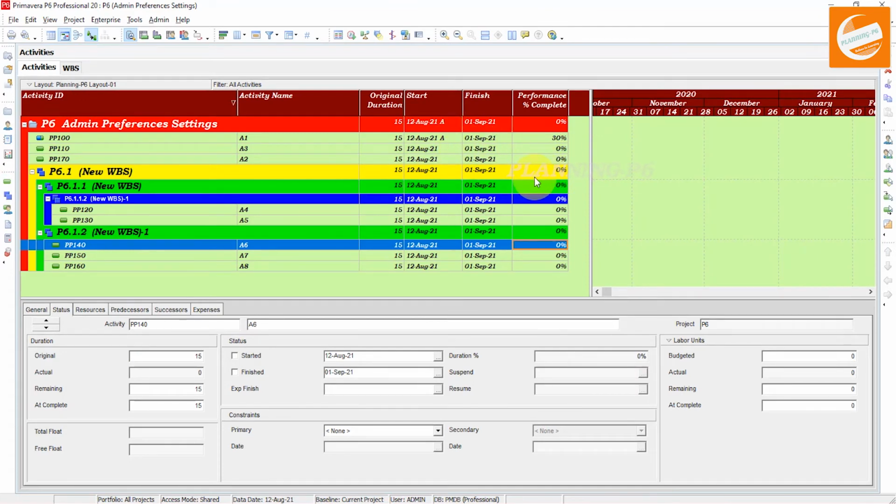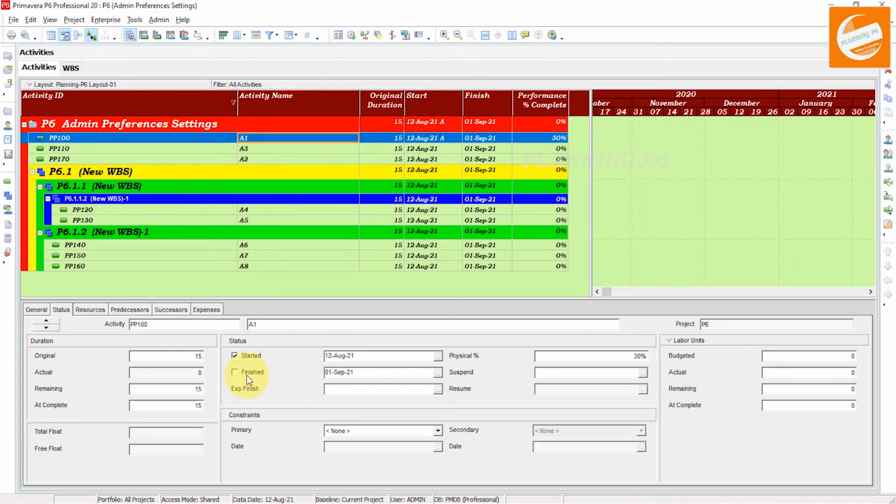From 0 to 99%, the activity performance percent complete will be 0. When you complete that activity and mark it as finished, actualizing your activity and completing it, then the percent complete will be 100% like that.